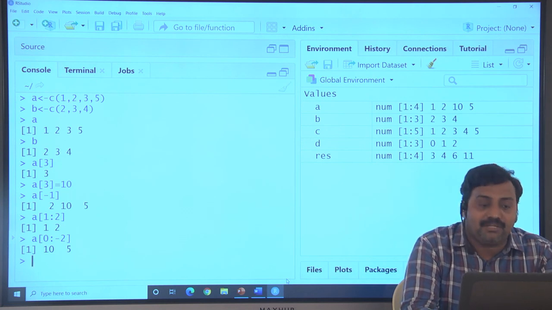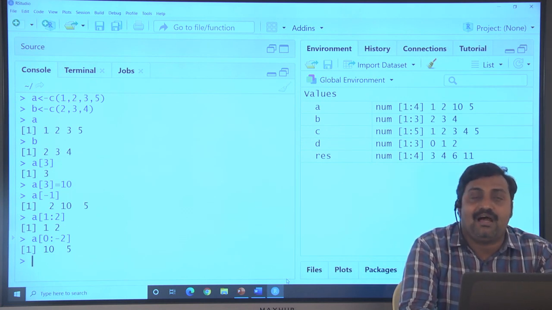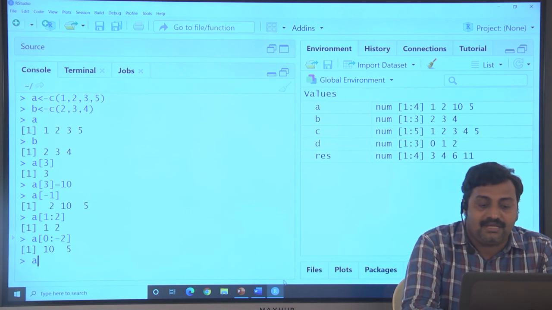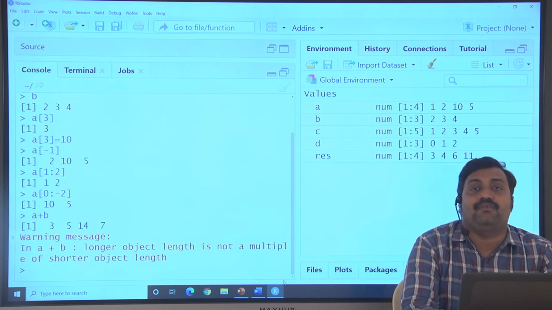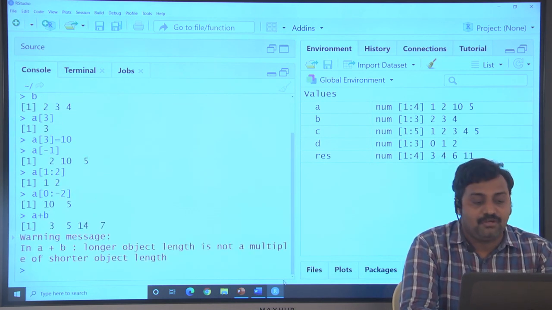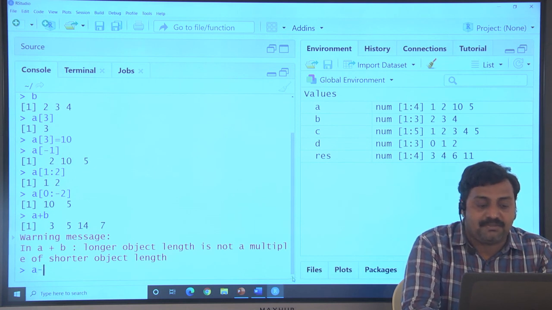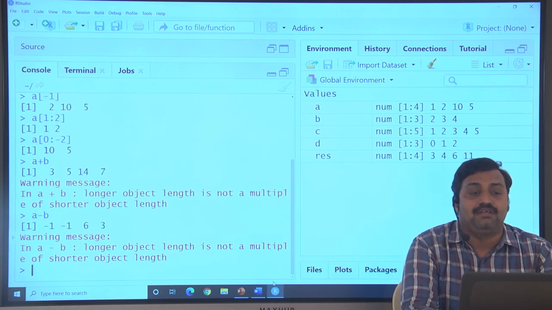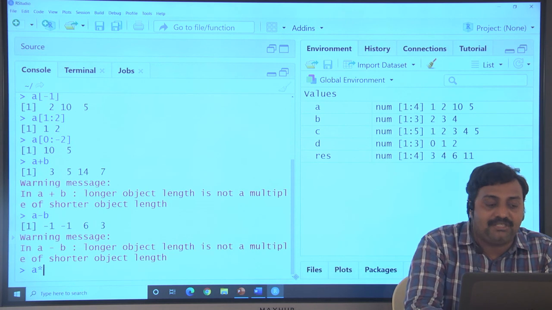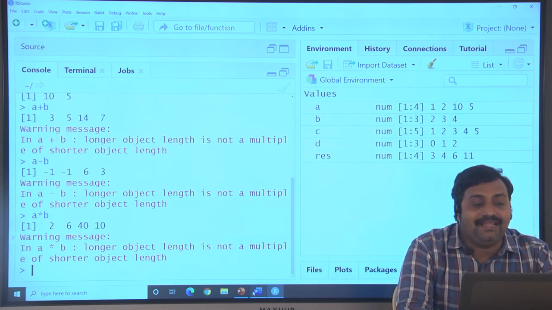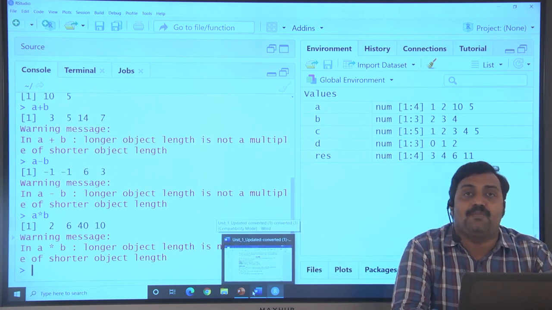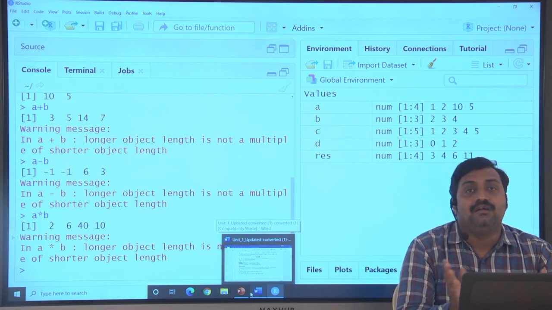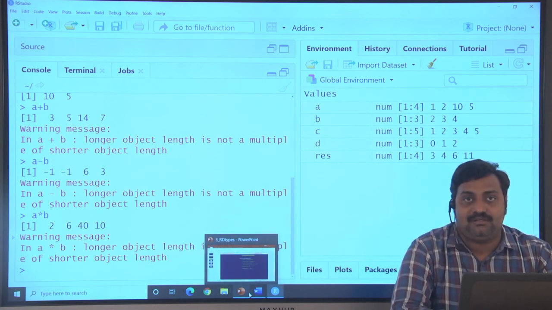And we can also perform arithmetic operations even though vectors are of unequal length. Like A plus B, both are unequal but we are able to perform. Able to perform subtraction and multiplication even with unequal length. Like that, we can perform any arithmetic operations even though vectors are different in length.